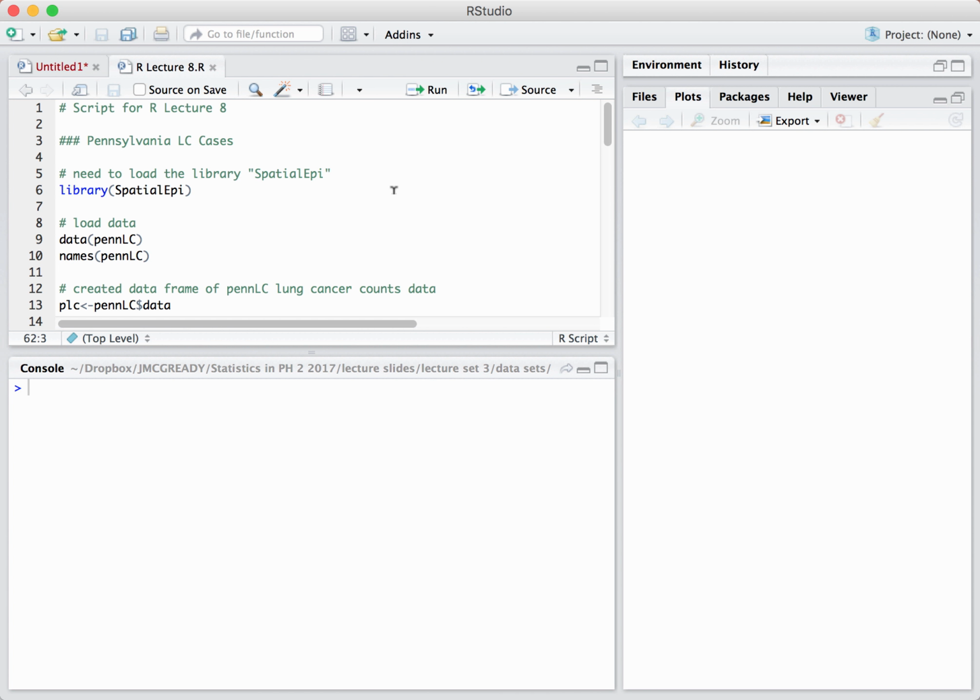Welcome to our Lecture 8, where we'll look at doing multiple Poisson regression, and it'll be a logical extension from what we did with simple Poisson regression. We'll look at this using R. And again, we're going to use some data that actually is part of R if you load the proper library,